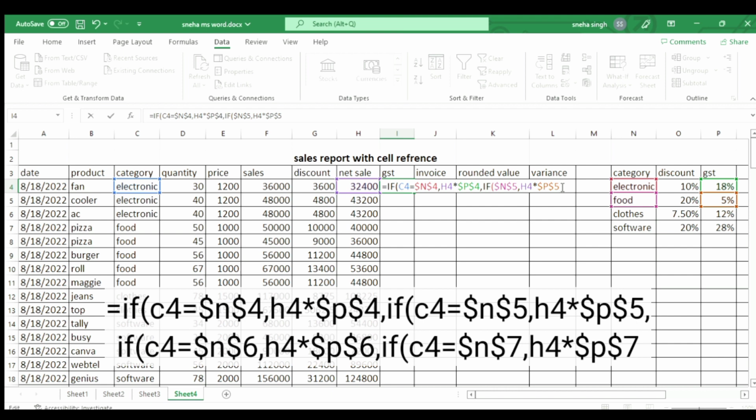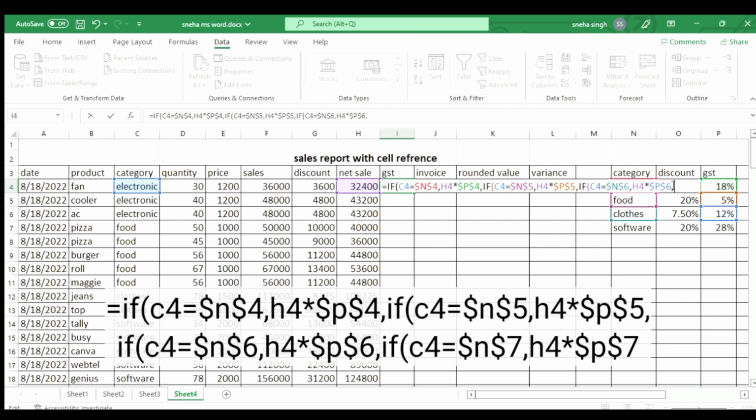Now again put comma, write IF, and again select the category, write equal to, and then select clothes from the category column and freeze it. Then put comma and select net sale, multiply it by GST and freeze it.